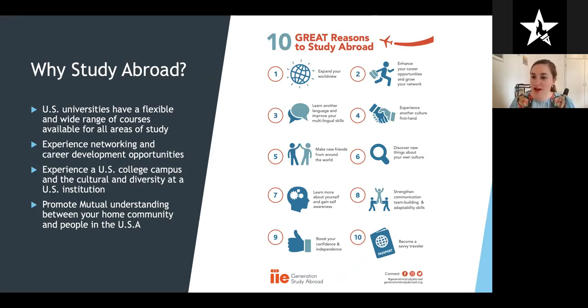Since not all of you have started applications yet, I'll start with why you should apply and why you should want to study abroad. There are so many great reasons to go abroad, not just to the United States, but to study anywhere: to meet new people, to learn a new language, to network, to get professional skills you might not get in other places. And specifically in the US, some of the most exciting reasons to go is because